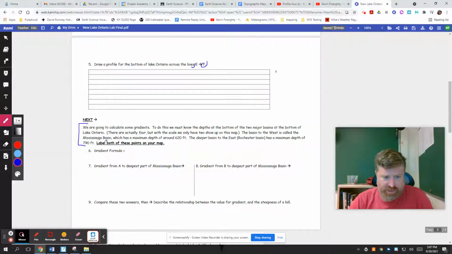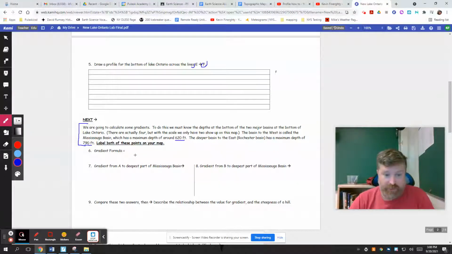The basin to the west is called the Mississauga, with a maximum depth around 620 feet. That number right there you need for these problems. The deeper basin to the east, the Rochester one, has a depth of 790. Again, you're going to need that number, okay? Because your gradients